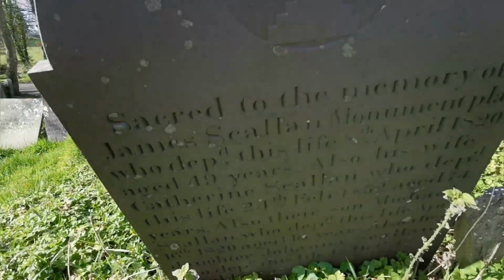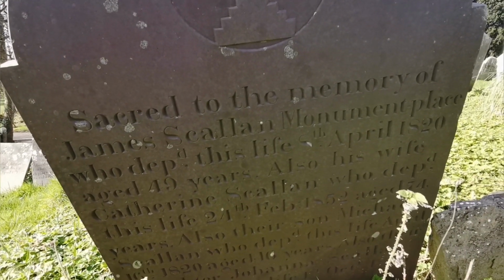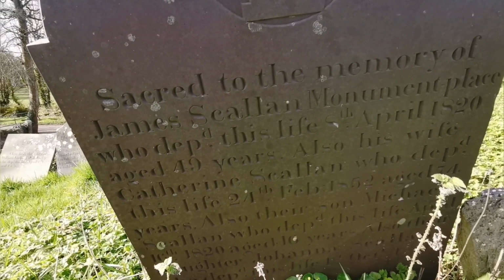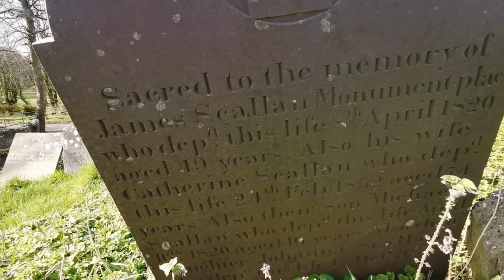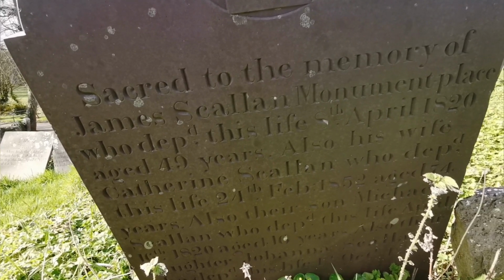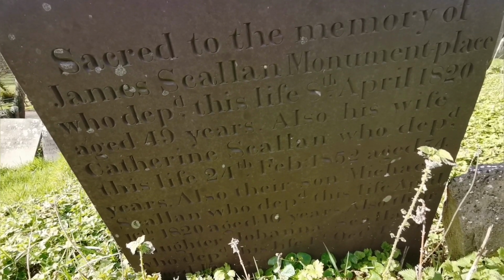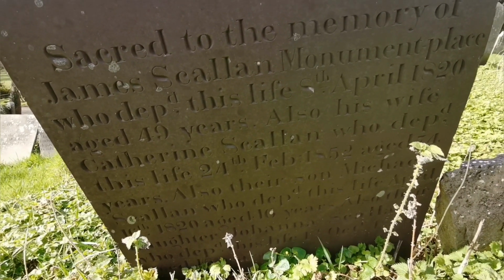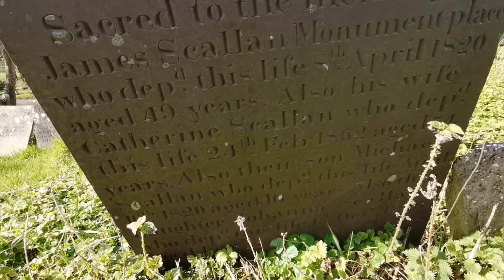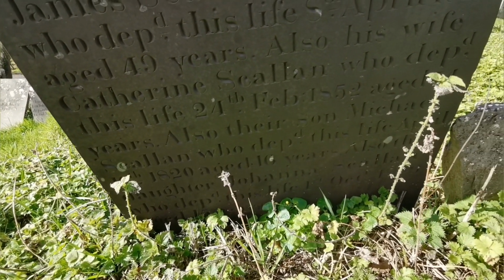The description on this one is really, really good. It's sacred to the memory of James Scallon, Monument Place, who departed this life the 8th of April 1820, aged 49 years old. Also his wife Catherine Scallon, who departed this life the 24th of February 1852, aged 74 years. Also their son Michael, who departed this life on the 16th of April 1820, aged only